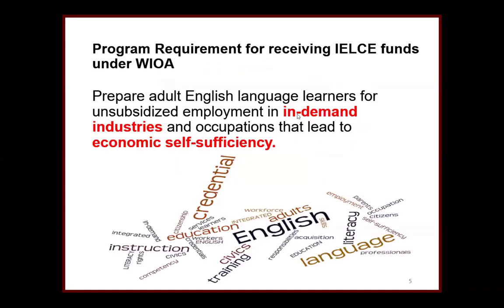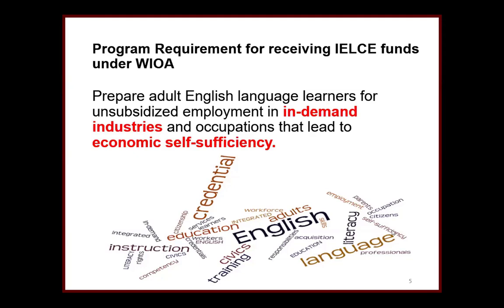So these are the funds. We have to look for in-demand industries. So you can't just teach somebody some sort of skill. It has to be in demand in your area. And it has to be occupations that have a living wage, that are going to make it possible for them to be able to survive. In-demand industry means ones that the state or the area has identified as going to contribute to the growth or stability of other businesses or other industry sectors. So they're growth positions, they're growth careers.